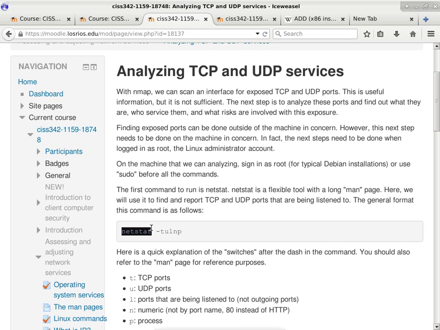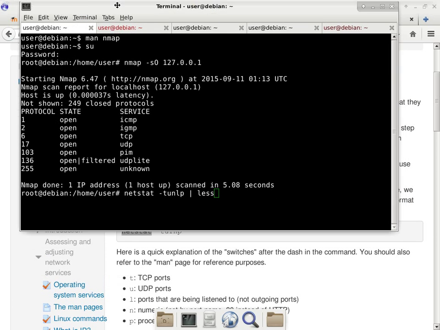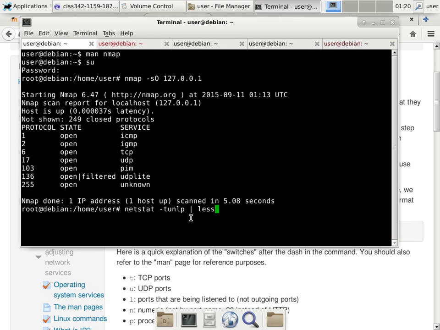So I'm just going to do it here to show you what the output of netstat looks like. netstat -tunlp. The order is not important, and I'm going to pipe it through less. The vertical bar symbol is called the pipe symbol. What it does is take the output of the first command and give it as the input of the second command.